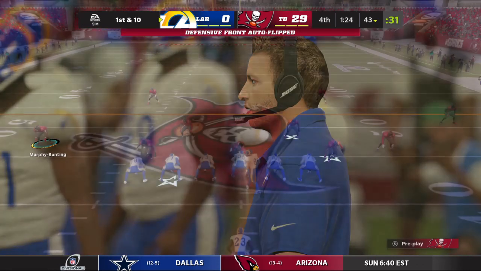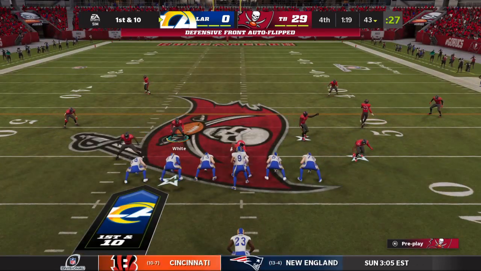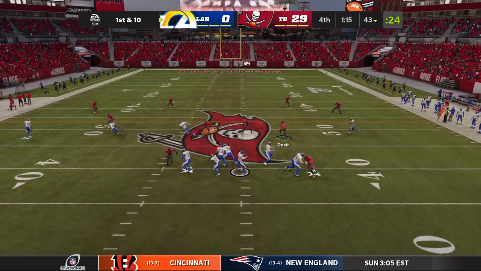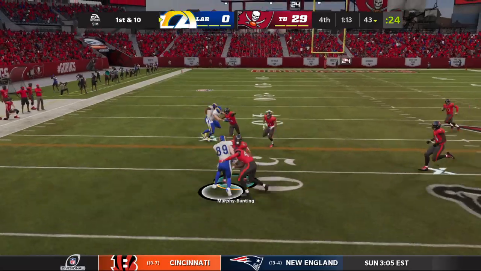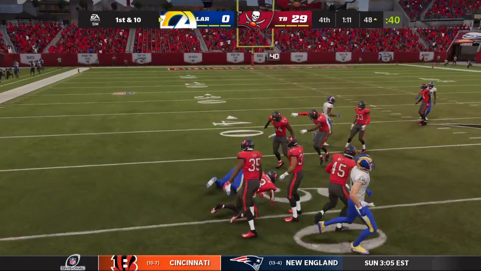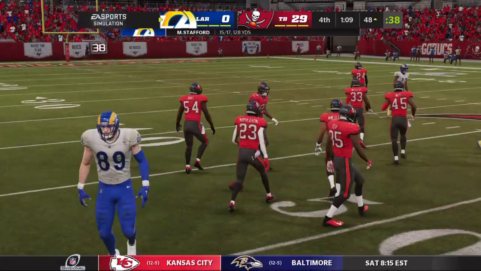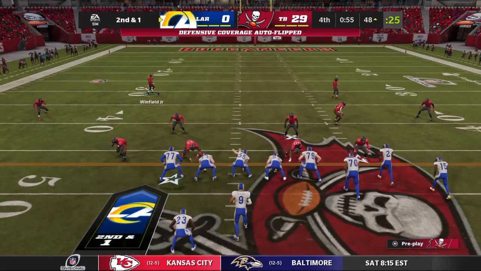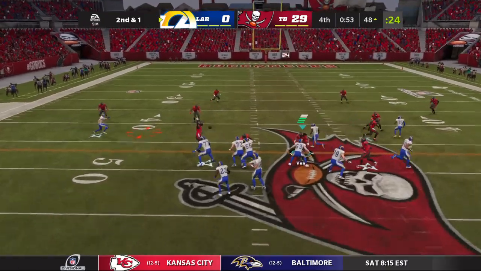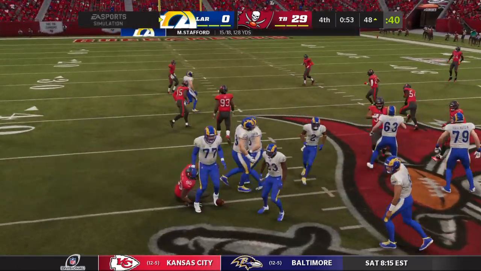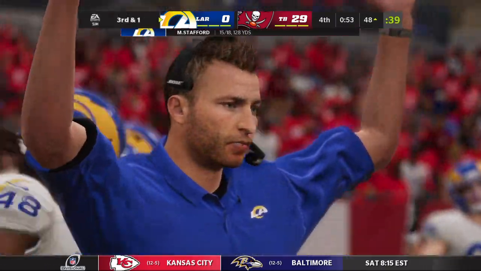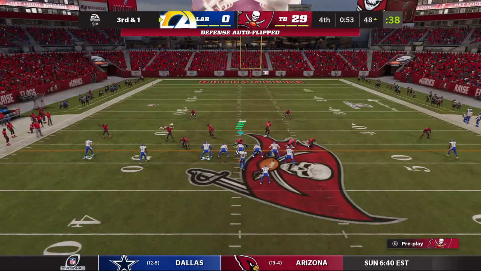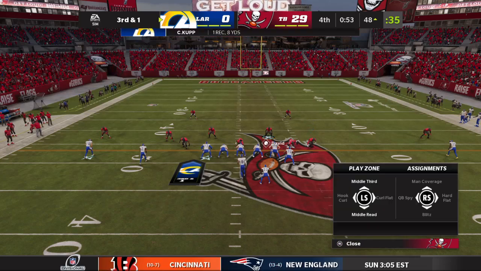Well, this game was decided a while ago, and that completion there is going to artificially inflate his passing numbers. So right now, the only one really applauding is probably his agent as he thinks about angling for a new contract. And he's going to get a solid gain of 9 before being brought down. 2nd and right at a yard. From just shy of midfield, Stafford. I'm not sure he saw the linebacker there as that's batted down and incomplete. They tried to throw on 2nd down, unsuccessful. Now it's 3rd and